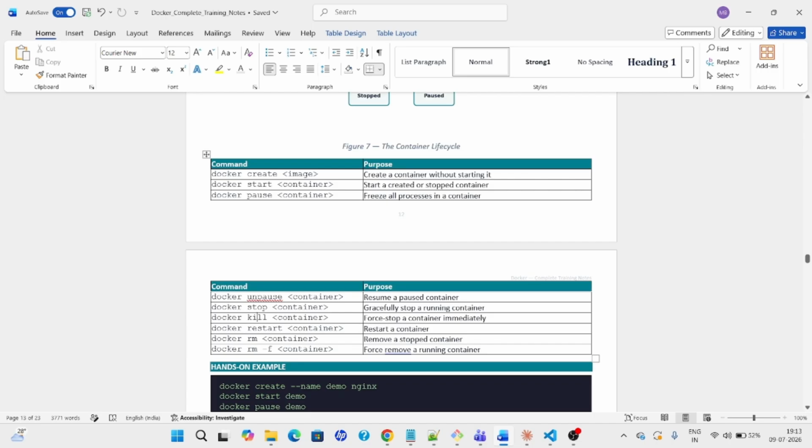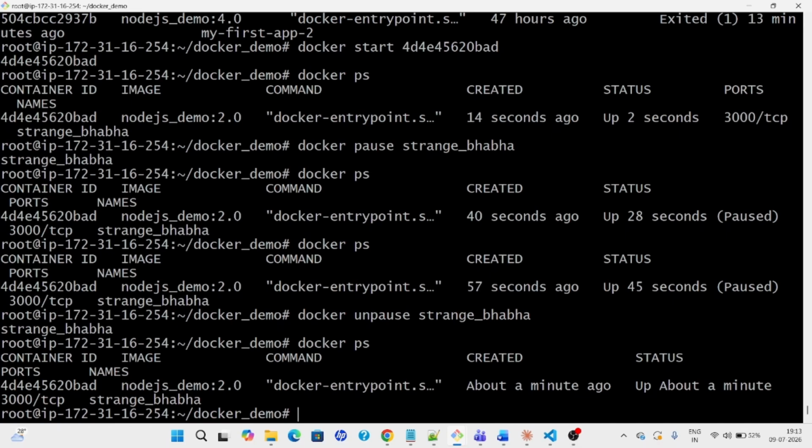Docker kill force stops a container immediately. If a particular container is unable to stop, then you can use the kill command. It will immediately stop it forcefully. Then restart. If you want to restart a container, then you can use